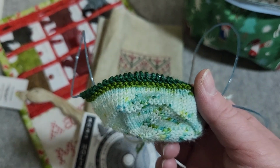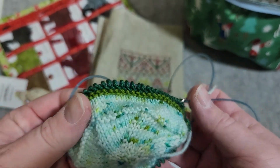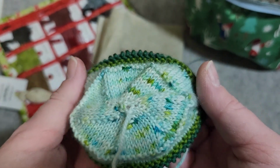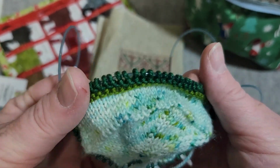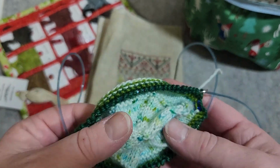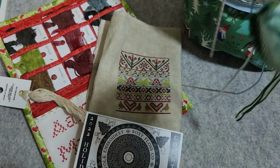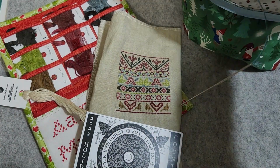So I'm curious to see what she has in store for us, but I have enough needles because this is the same size I use for sock knitting. I think I'll be okay for now, at least leaving it on my circular needles and seeing what the clue is for today. So I'm going to put that in my fun little knitting bag